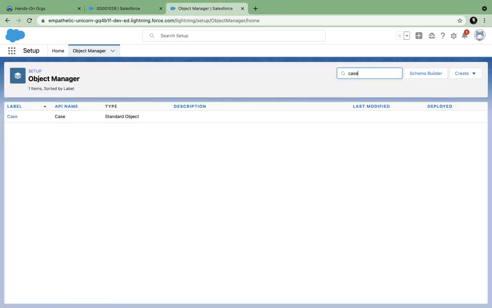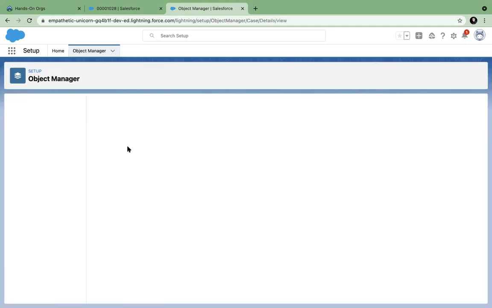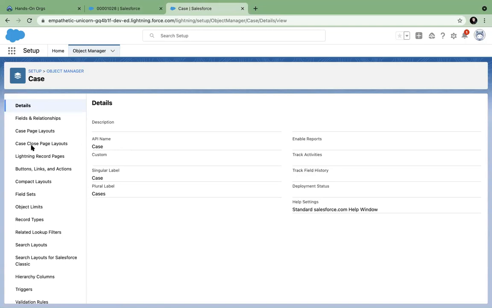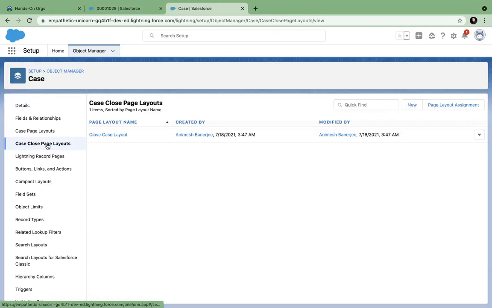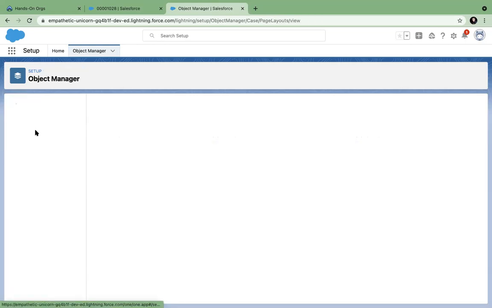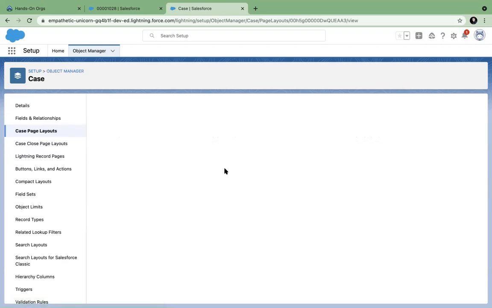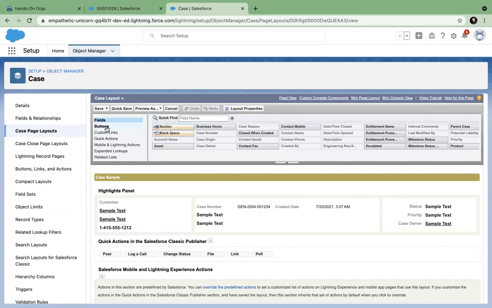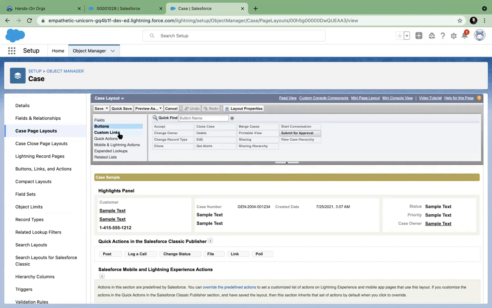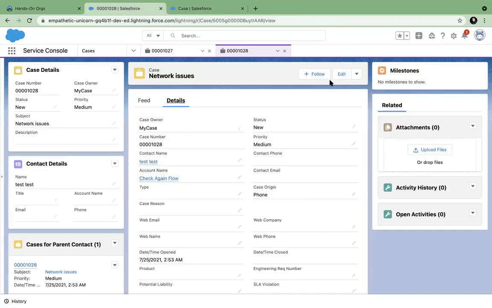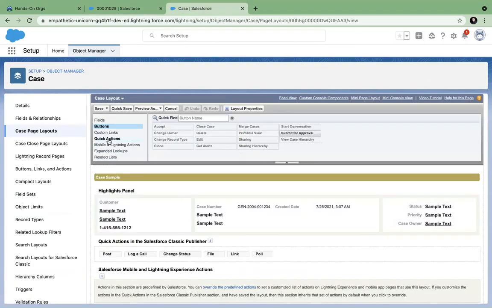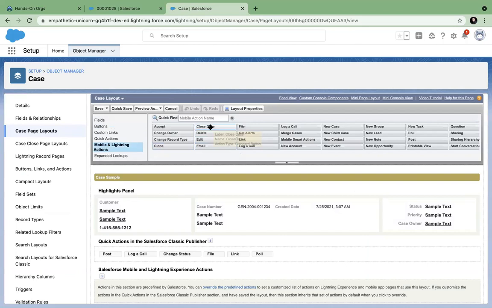Case object is just like any other object. In case you can do a little more things. In case you can set this close case layout. This is not activated by default. What you can do is go to a case layout. Here in buttons, you can have this close case button.